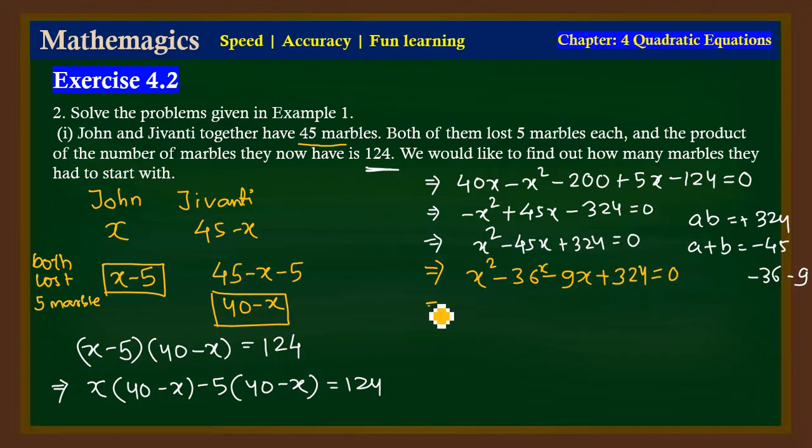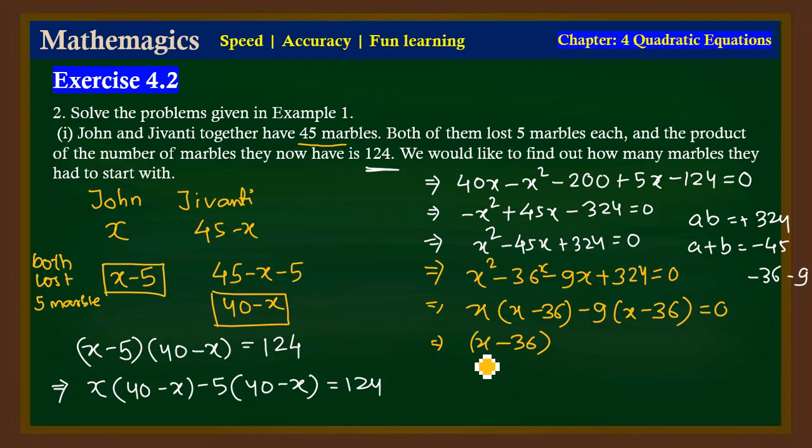So dear friends, here I can take x common, so it becomes x minus 36. Here I can take minus 9 common, so the remaining part will become x minus 36 is equal to 0. This implies that x minus 36 will be taken common, the remaining part becomes x minus 9, that is equal to 0. So directly we can say that when the multiplication of two numbers is equal to 0, either the